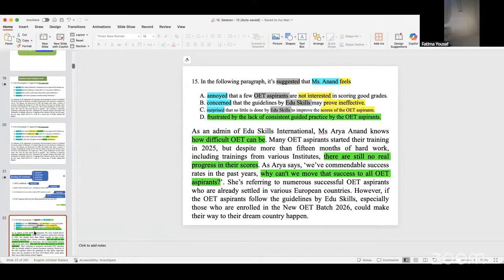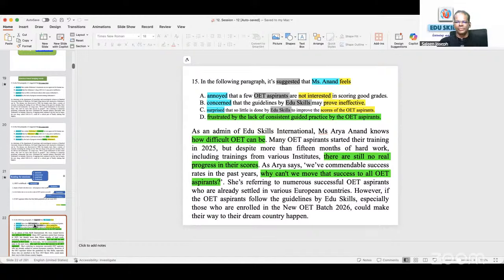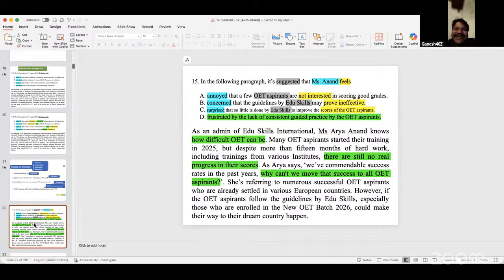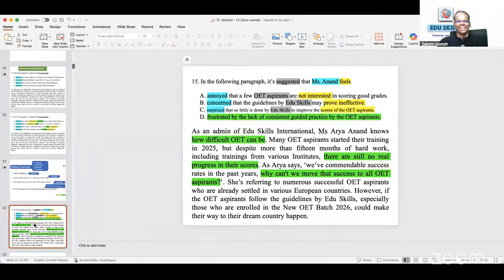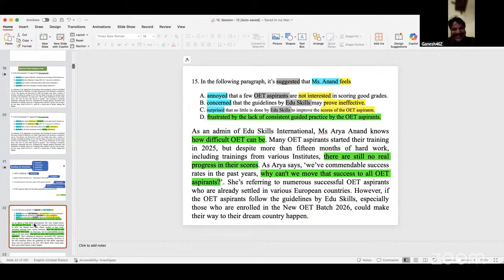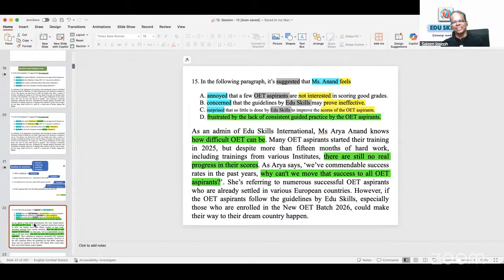Father, the statement that OET is difficult is a factual statement. Yes, it's a factual statement, definitely. You mean you experience it, right? Yes, Father, I'm experiencing. But if you make such statements, I'll have to send you to jail, because OET is so interesting, so simple, if you have a little